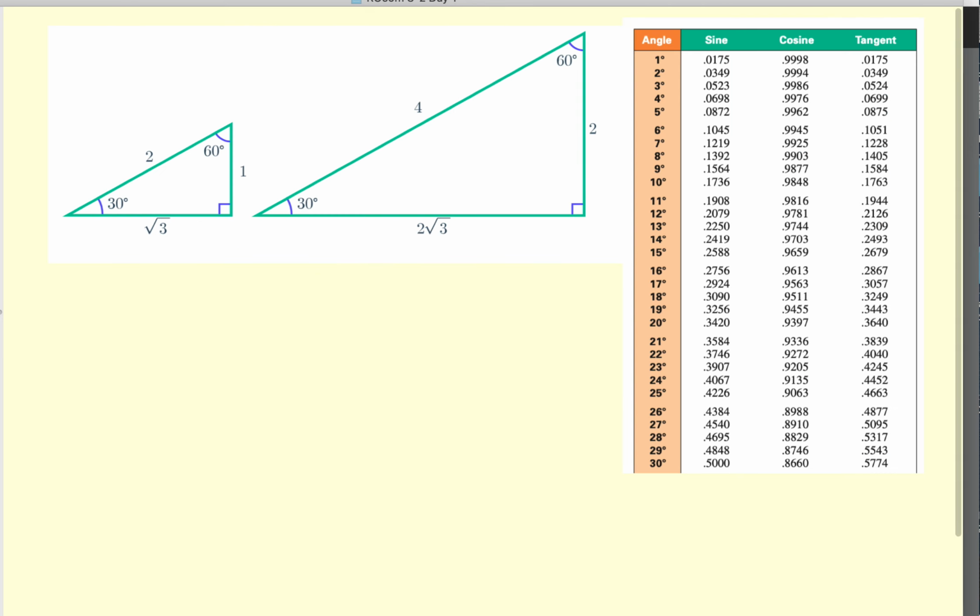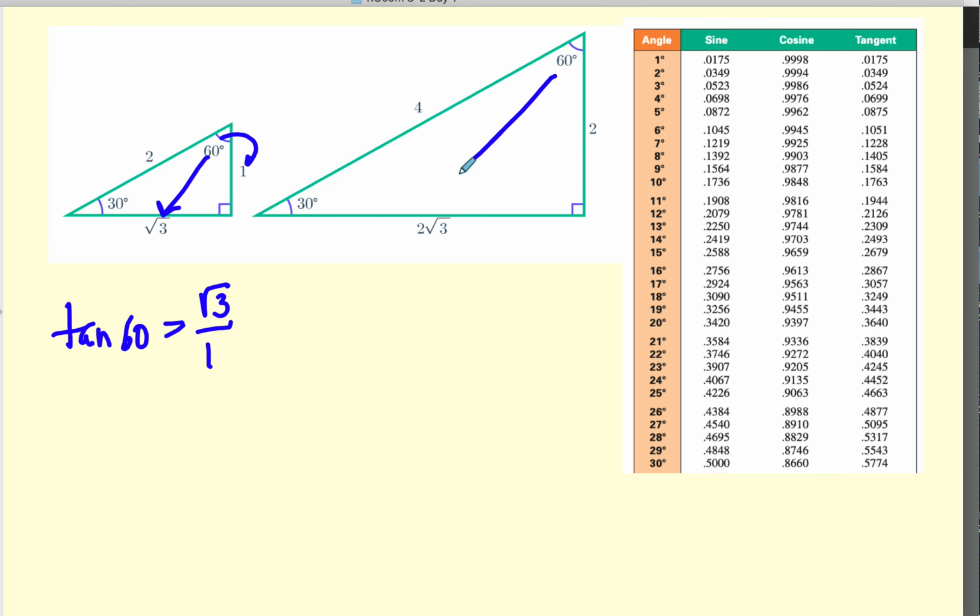All right, let's go to the next one. Let's now do tangent of 60. And tangent of 60, here's 60. The opposite is √3. The adjacent is 1. And again, we're going to do it over here. 2√3 all over 2. These are equal to each other. I can reduce. This will be approximately